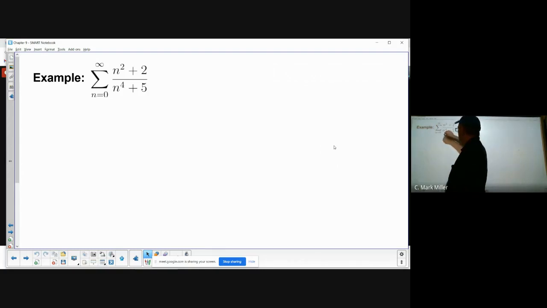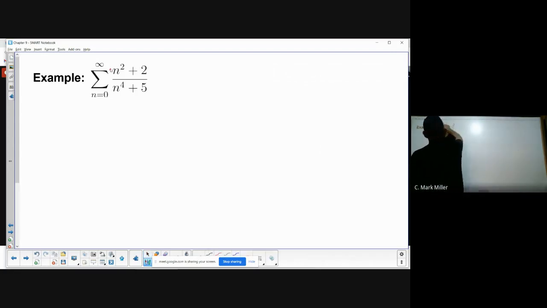So the stuff that doesn't, if this wasn't there, that would be n squared divided by n to the 4th. Or that would be 1 over n squared. So this stuff right here is,